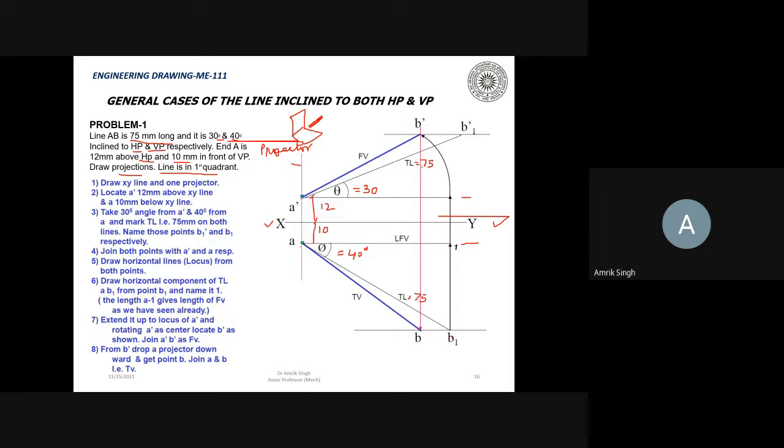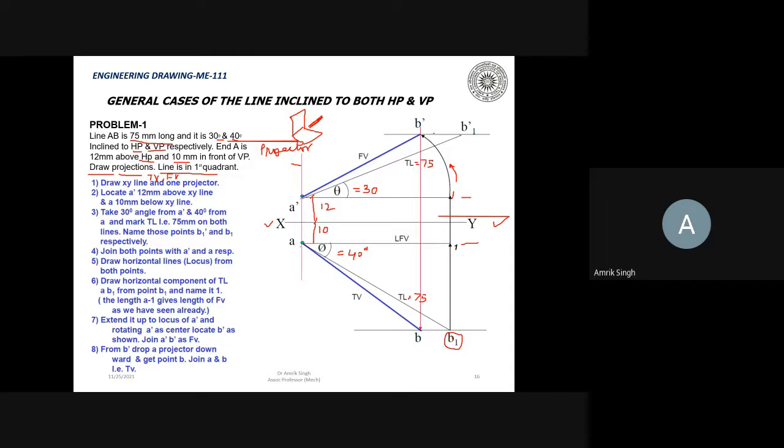75. So what we have to find? Draw the projection. That means we have to draw the top view and the front view. For doing this, we got this point. When we have drawn this AB1, we draw this perpendicular up to here. Okay? And from here, you take this as radius,